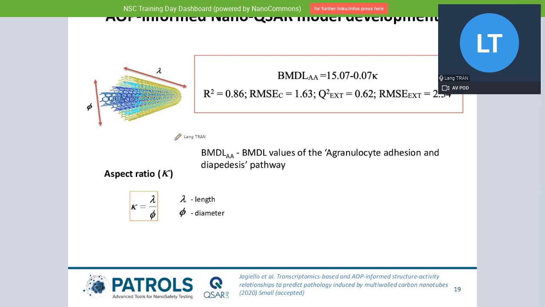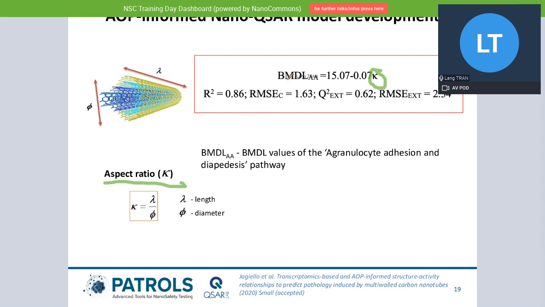And here the model was much more simple. They look at the benchmark dose and they work out a regression. And this is a very nicely fit regression of the benchmark dose as a function of this descriptor kappa. And kappa, interestingly enough, is defined as the aspect ratio.